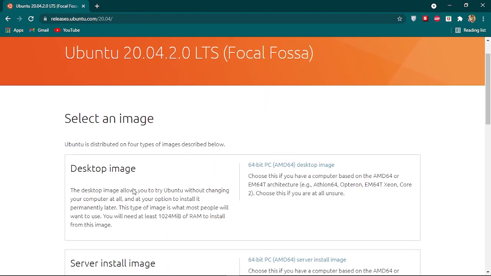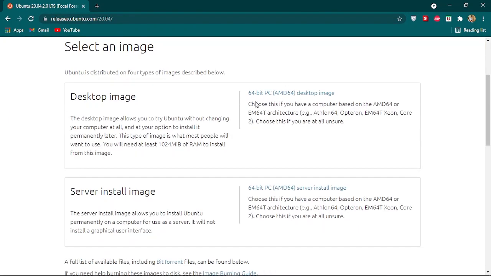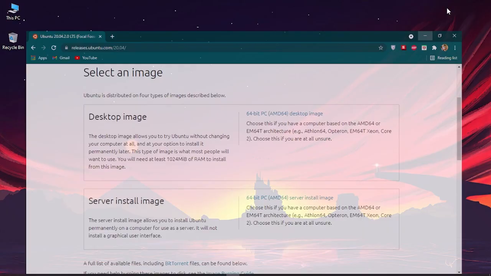Go over here and download the first one, which says 64-bit PC (AMD64) desktop image. Click on this and you can download the desktop image of Ubuntu. I have already downloaded it.